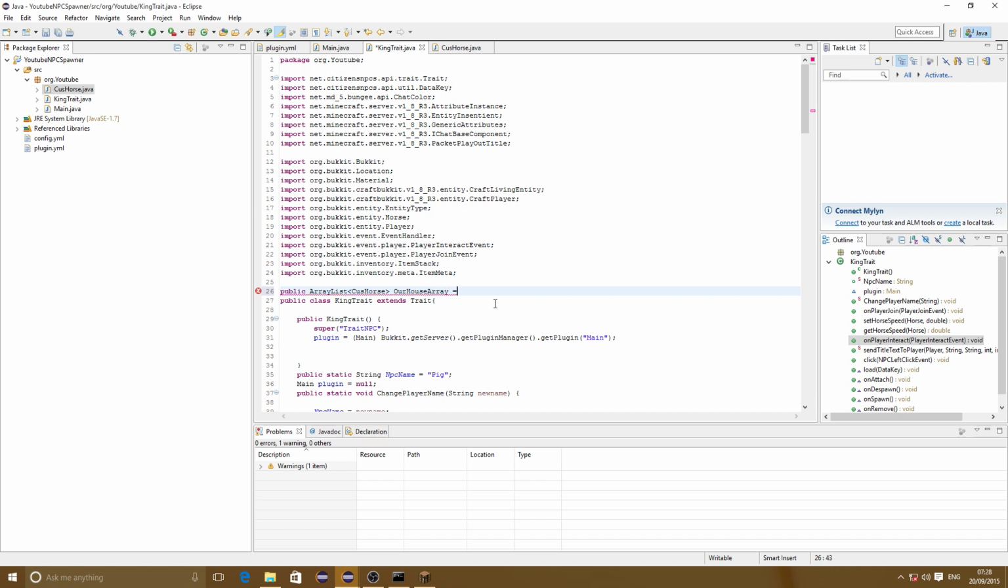and this is equal to a new array list of type custom horse, and then you need open and close for the function,